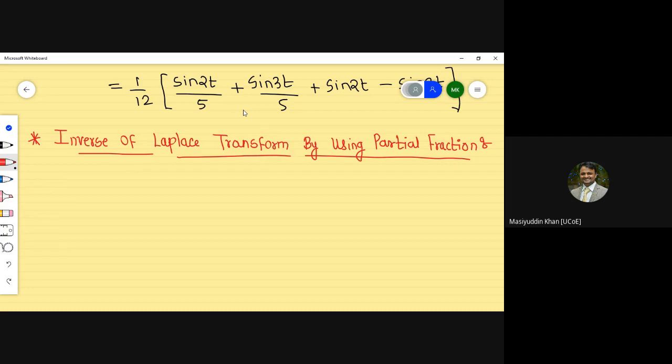Now again I'm asking one question to my class: why are we using partial fractions? If you remember, in semester 1 I asked this kind of question and got answers from a few students about why we are considering partial fractions. Sir, to simplify polynomial equations. Okay, but when? Sir, when the numerator power is greater than the denominator power.